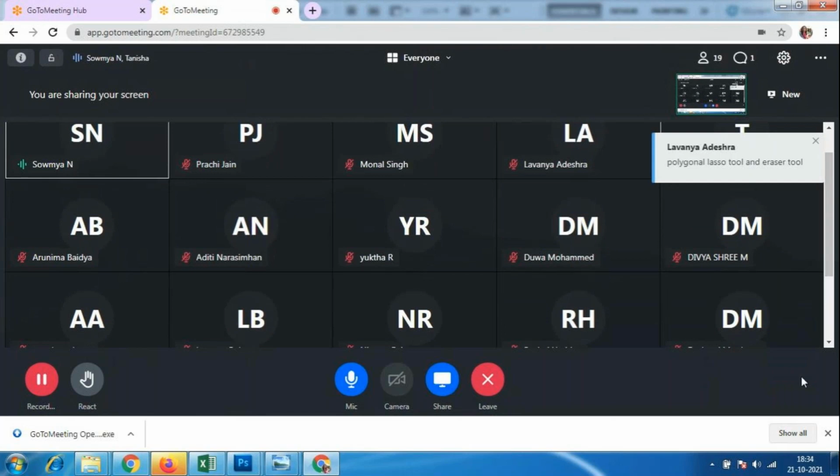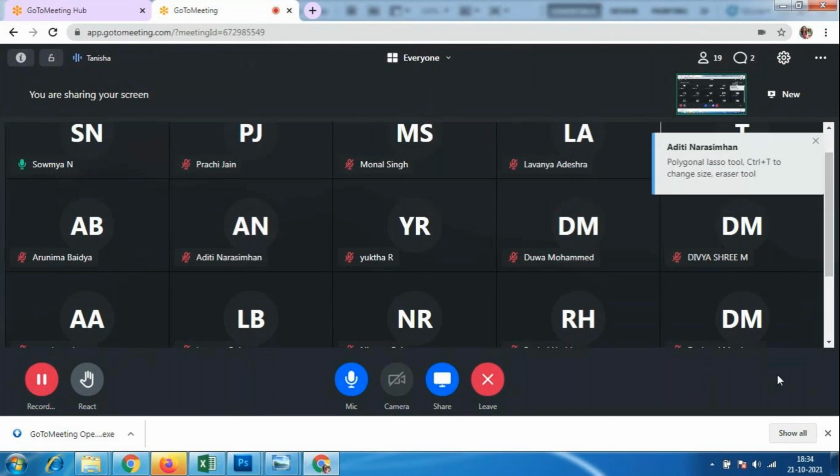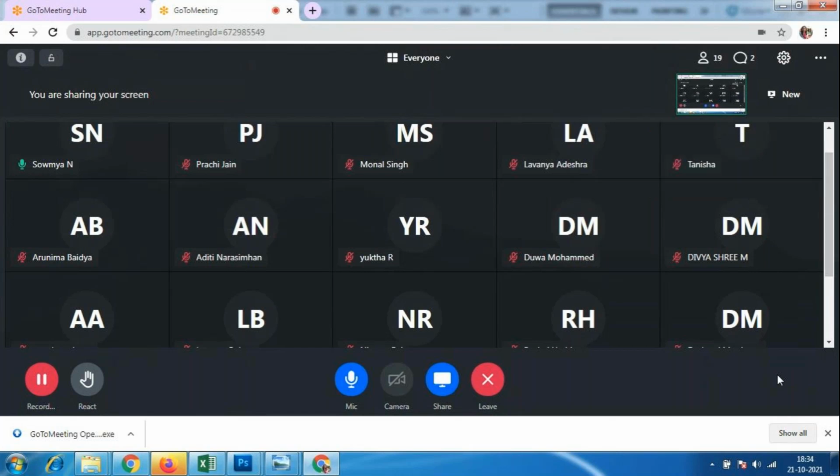Yeah, first we'll have to select a background picture and find miniature images so that we can set it up in the background. And then we should use the magic eraser tool and remove the background of the miniature pictures and place them creatively based on your preference. That's how you make it, ma'am. Okay, Aditi, okay.